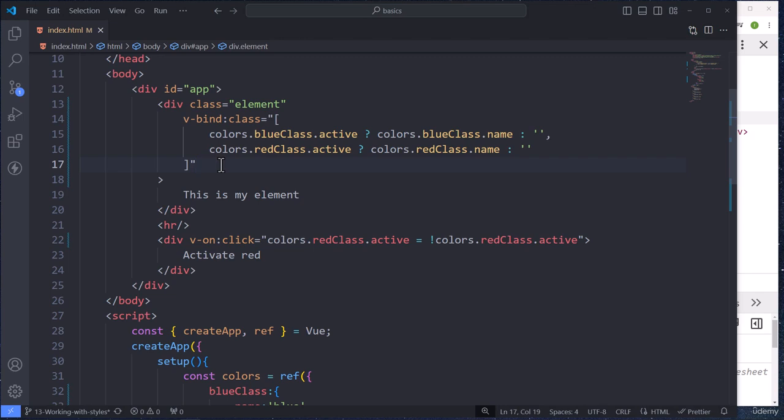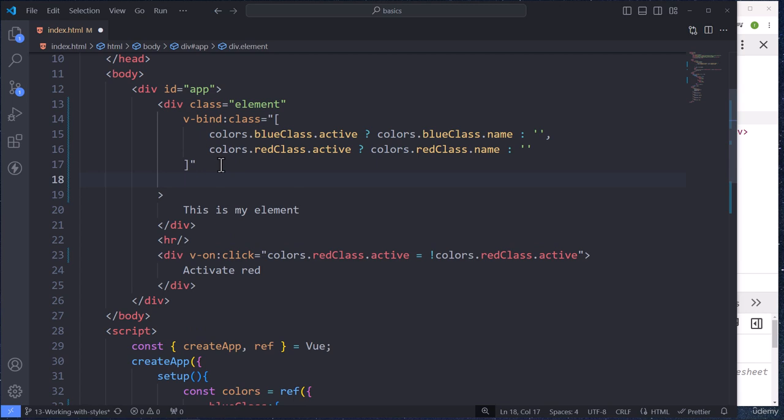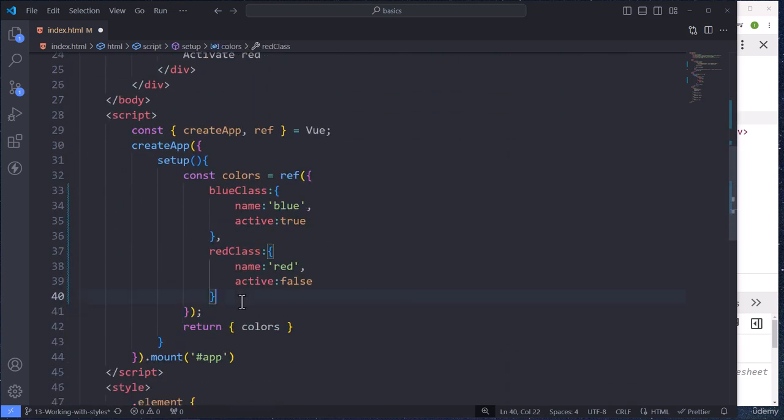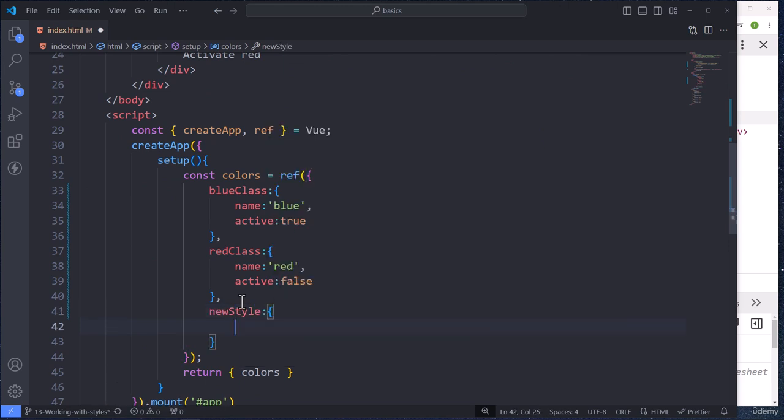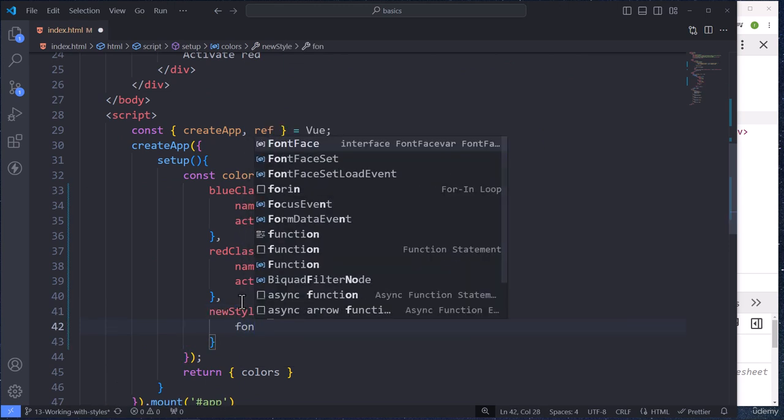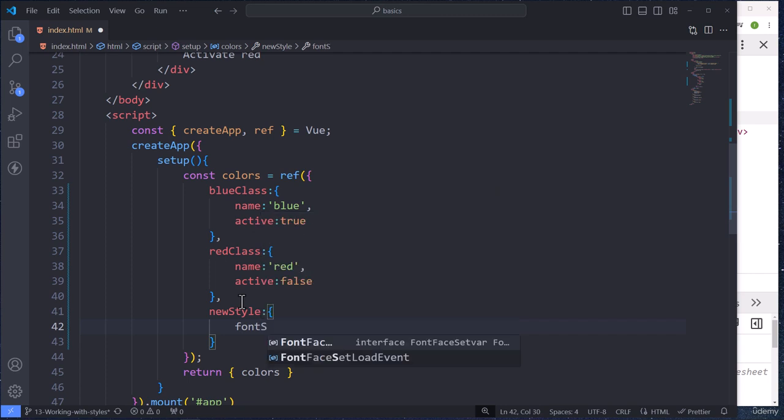Right now we are using classes, which is fine, but maybe I want to use an inline style, and it's v and then bind, open and close, and we just use the style tag, so the style property. And right here we just need to pass something. I guess I'm gonna add something right here. Maybe I'm gonna call it new and then style equals to, I don't know, let's say that the font size is going to change, font, and then the size,